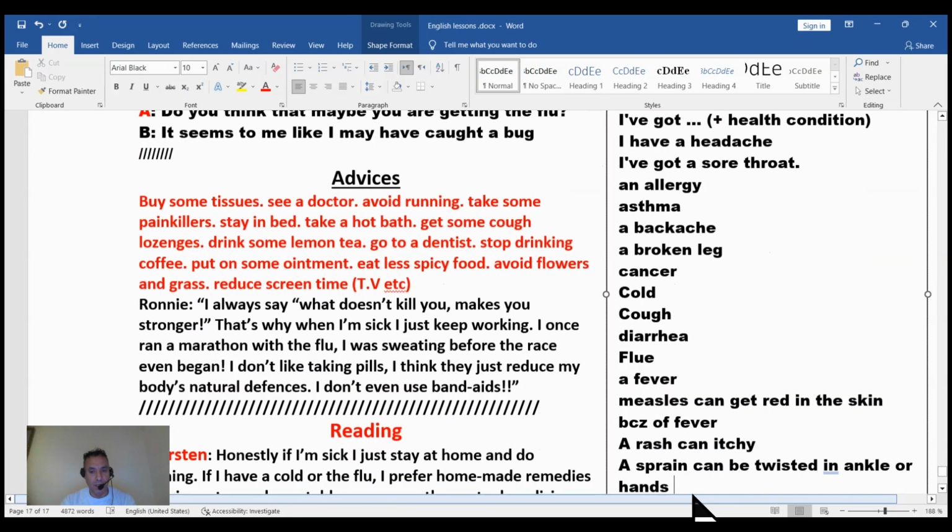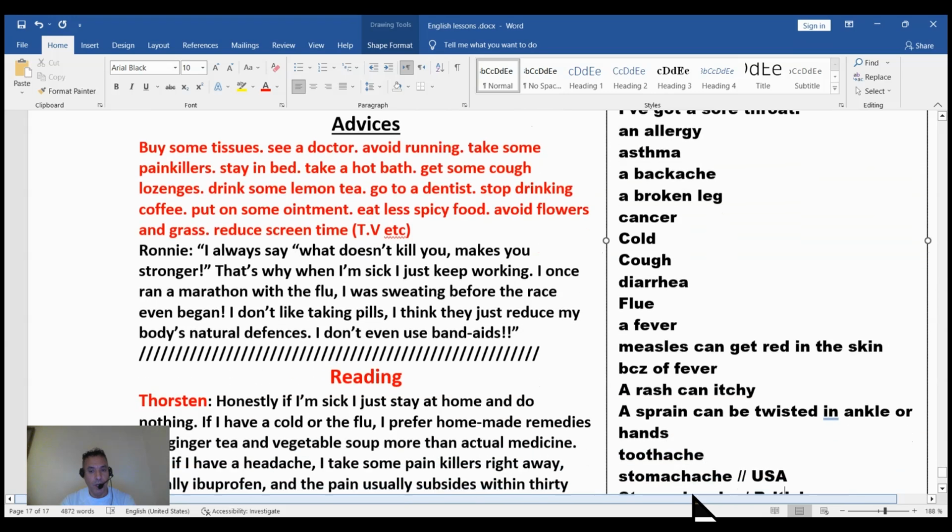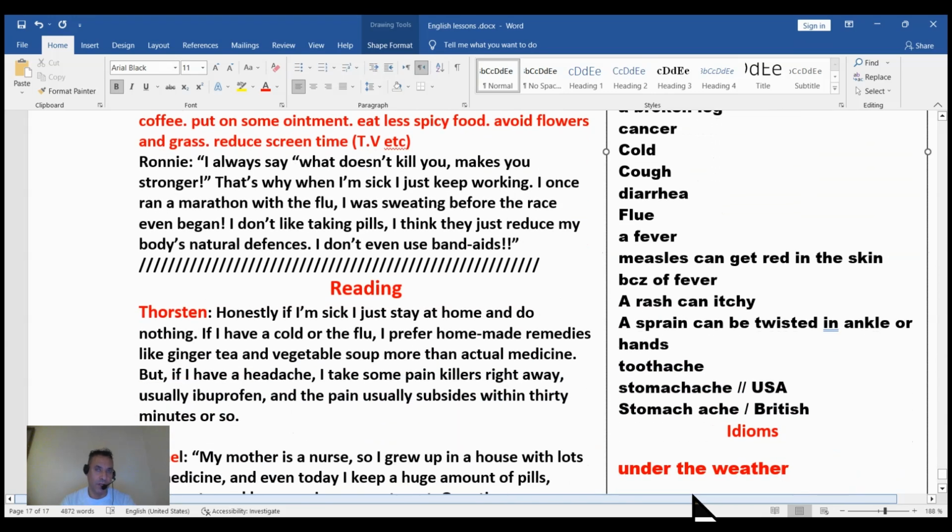You have a problem, or you have a stomach ache. Here we have two pronunciations for stomachache. In the USA it is stomachache, and in British English they call it stomach ache, the same but separately.